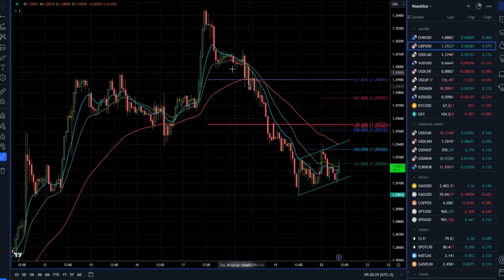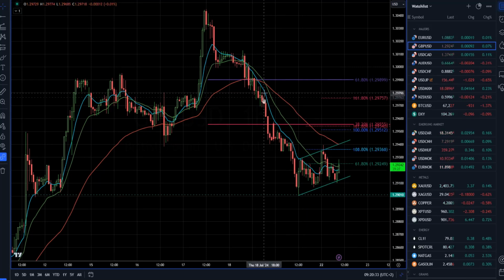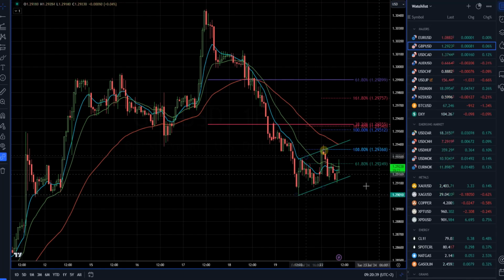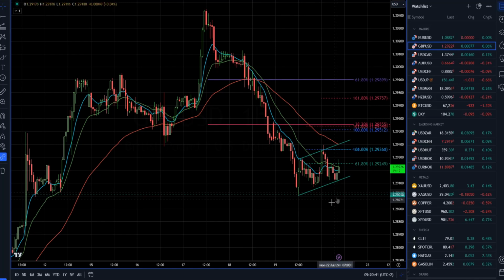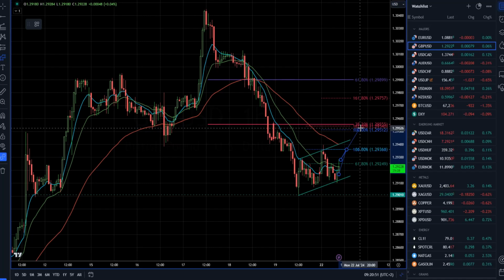And what we can see here is we had quite a strong downside movement in the background. But we can see here that 1.2900 is a key short-term support for the pound. Here on the hourly time frame, we can see that the market is basically building higher highs and higher lows. So from my perspective, there will still be a chance for one more swing high and rally towards at